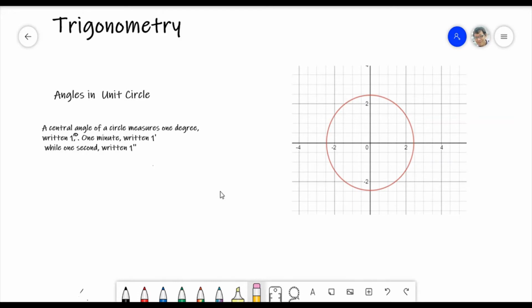Trigonometry is a part of the analytical geometry. Okay, but everything starts from the base. So the base we have some concepts. First is the angles in the unit circle. What does that mean? So first, let's look at this circle, the unit circle